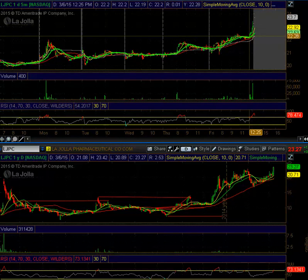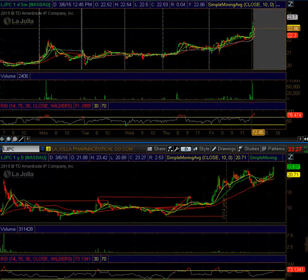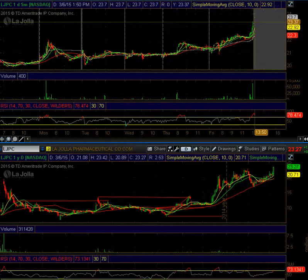It's a beautiful blow off top where you get a 22.28, shoots straight up to 23.47 in the blink of an eye. That move almost never sustains itself. Sometimes it does, but almost never, and I like these as shorts. It makes really good trading for intraday day traders. It happened too late in the day to get involved in it, and we'll see how this move carries itself